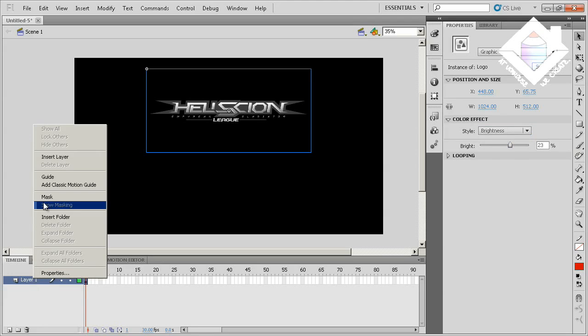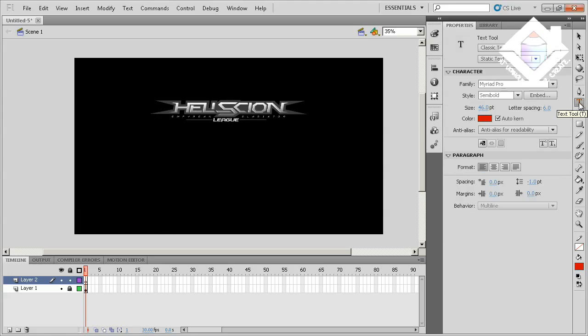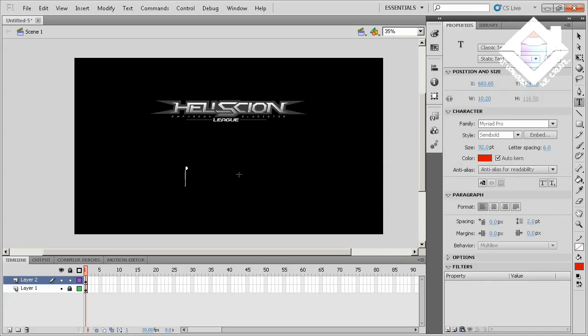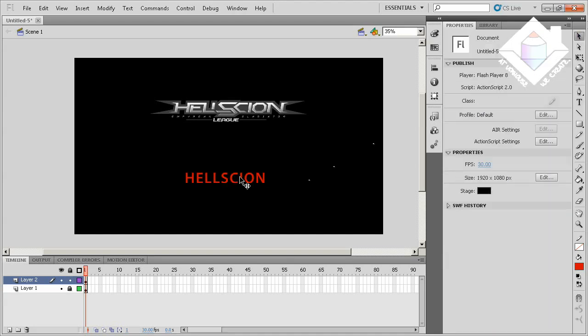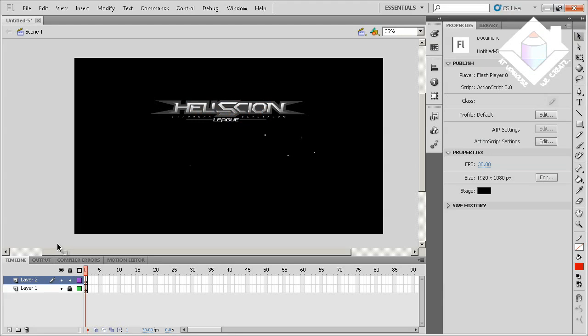Now it's always a good practice to create different elements on different layers, so let's insert a layer and lock the previous one so that we can't accidentally click on the logo. And before moving on, I'd like to say that the logo isn't even necessary at this point. You don't need to have one finished. One thing that you could do if you want a quick logo is to take some text in Flash and you can write your logo out like this. And you can just use it as a placeholder. Put it roughly where you want it, but since we have one, let's just move on to the